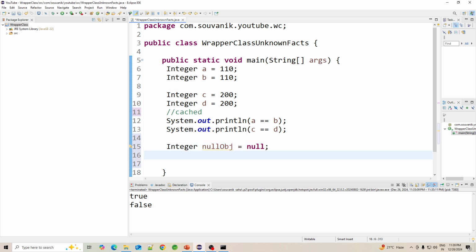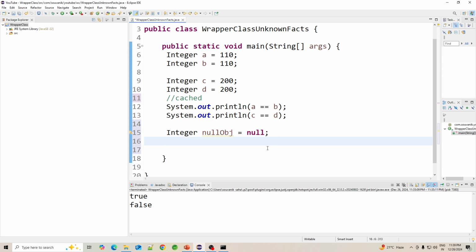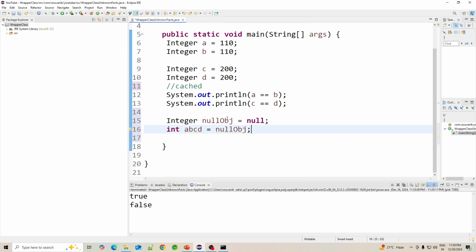But where the problem will be, let's say I want to unbox something, I want to assign this value to a primitive int variable. Let's say the variable name is this. Now if I assign this, you will see that this is allowed here.